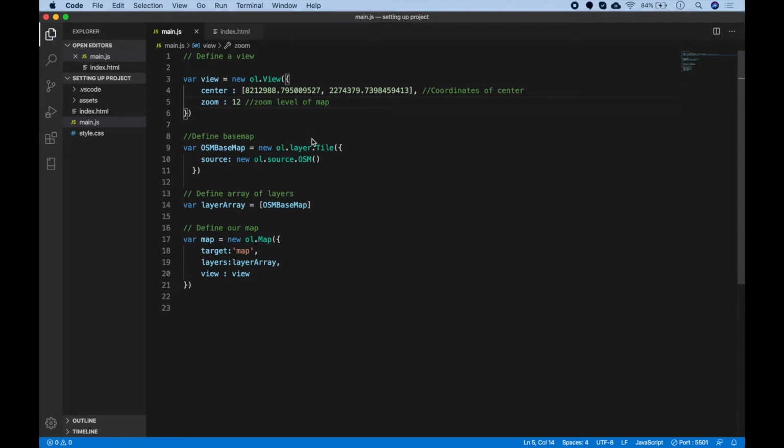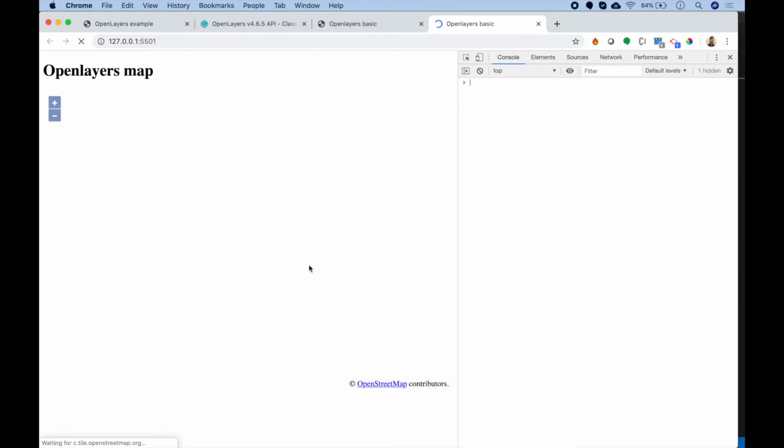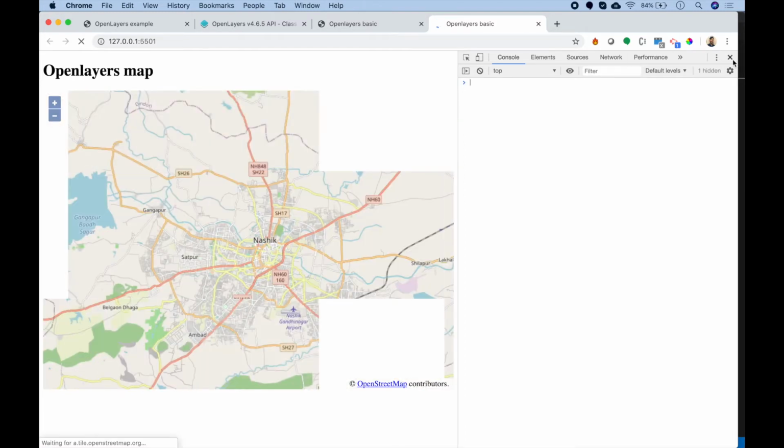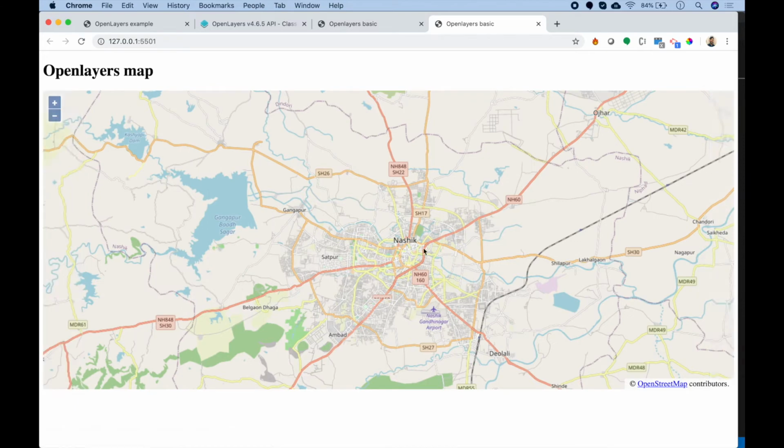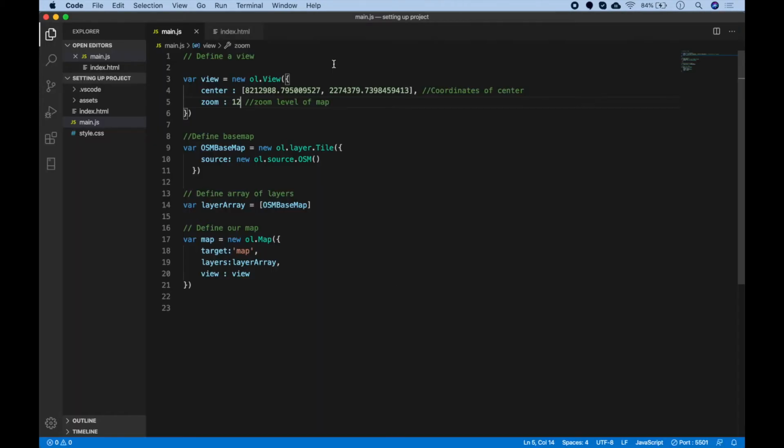All right, so if I save it, you see when my map refreshed, I'm automatically getting my current hometown as the starting point. So isn't this great? Maybe you can also set your own starting point by this time.